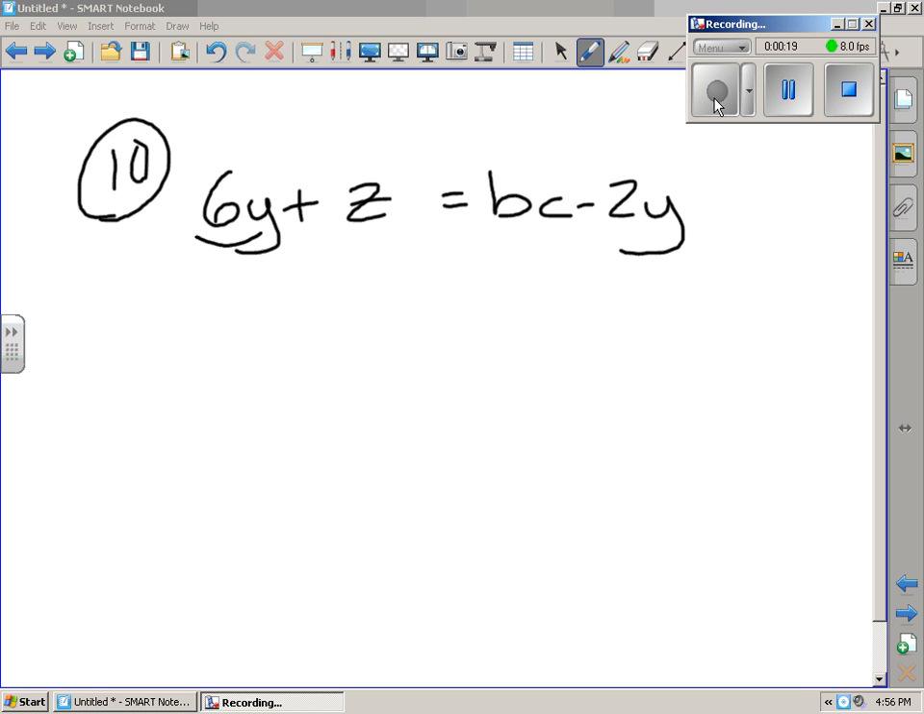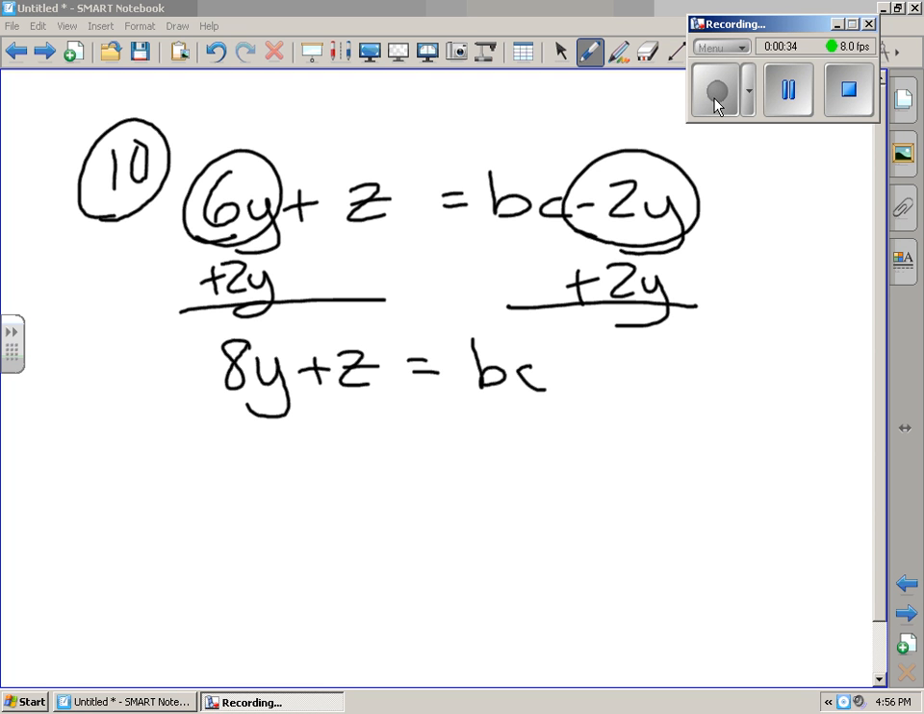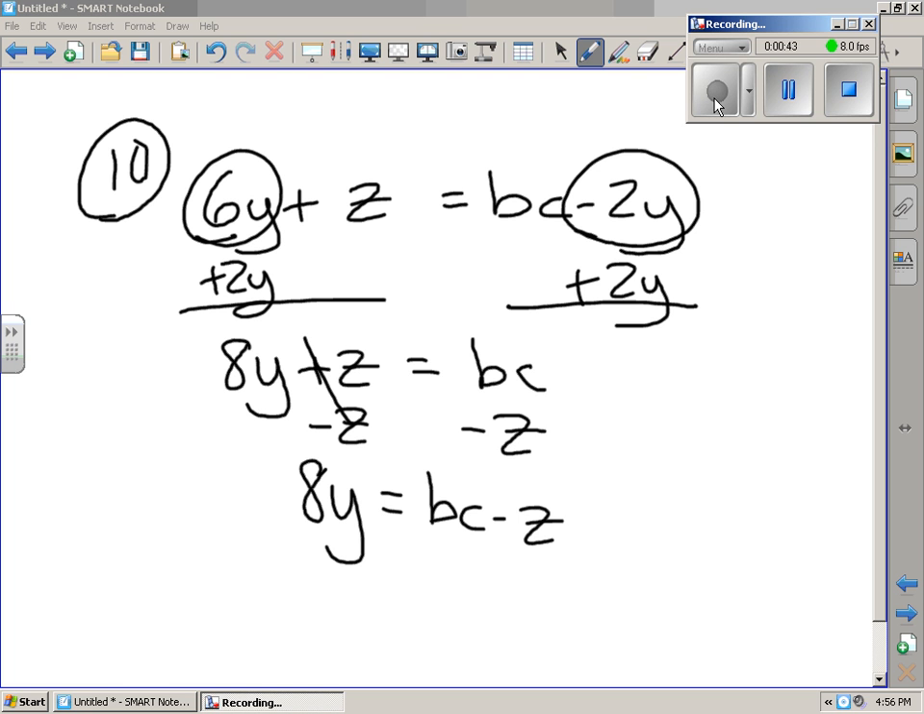So to solve for y, we need to get all of the y terms on the same side. So I'm going to start by adding 2y to both sides. On the left side, we get 8y plus z, and on the right side, we get bc. Now we're going to subtract z from each side. We get 8y is equal to bc minus z. The final step is to divide each side by the coefficient of y, and we get y equals bc minus